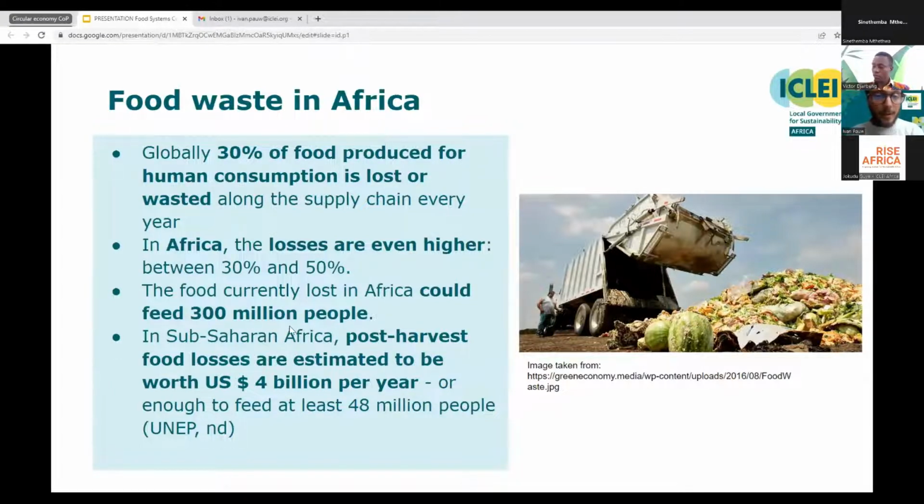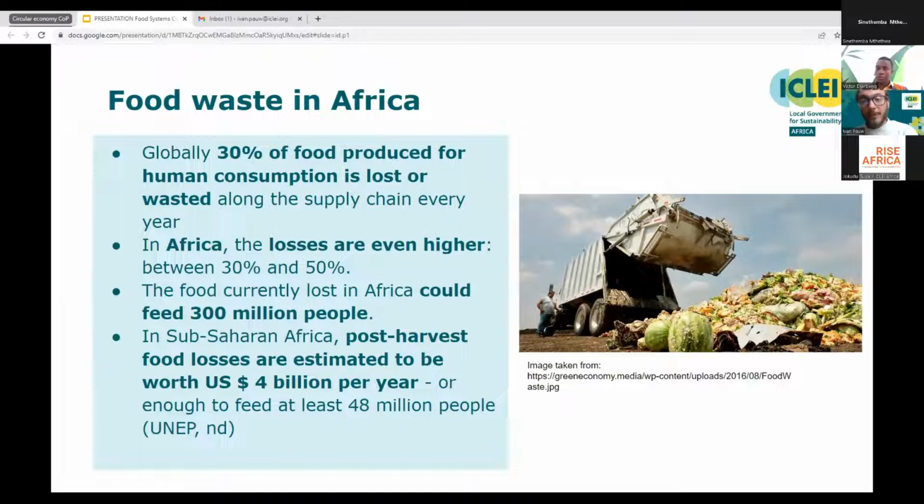Globally, around 30% of food produced for human consumption is lost or wasted along the supply chain. In Africa, this issue is far more severe, where between 30 and 50% of food production is wasted, 90% of which ends up on landfills, which has significant social, economic, and environmental impacts. The severity of food waste is actually far greater when looking at more perishable products such as fruit, where waste often exceeds 50%.